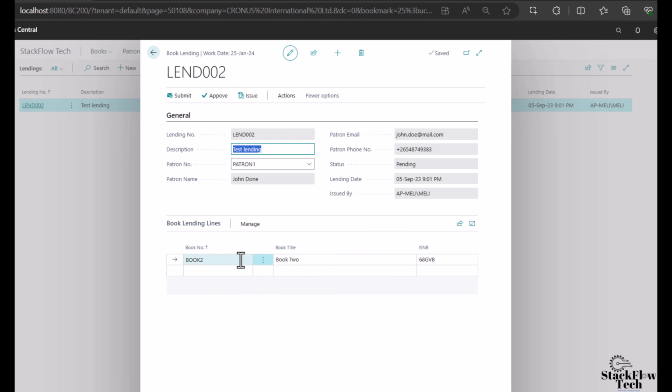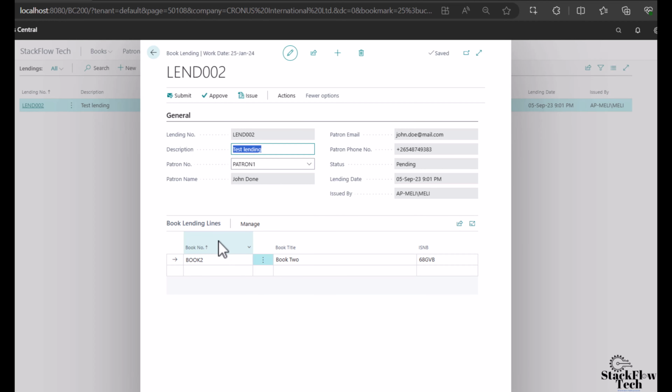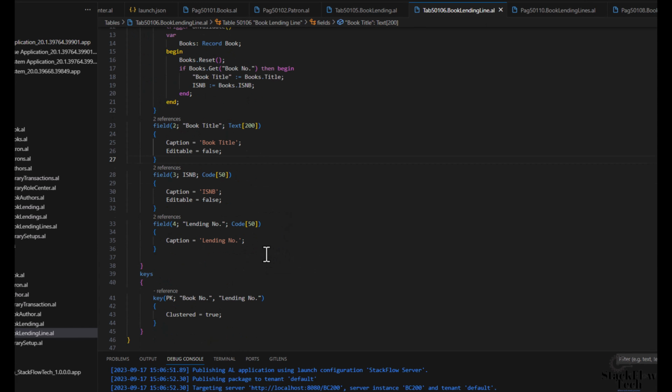So now in this table, we are going to add another field that will store a status of that book so that we don't book the books that have been booked by another patron or someone else requesting the same service. So we can go to the table, the table now having this data, which is the book,